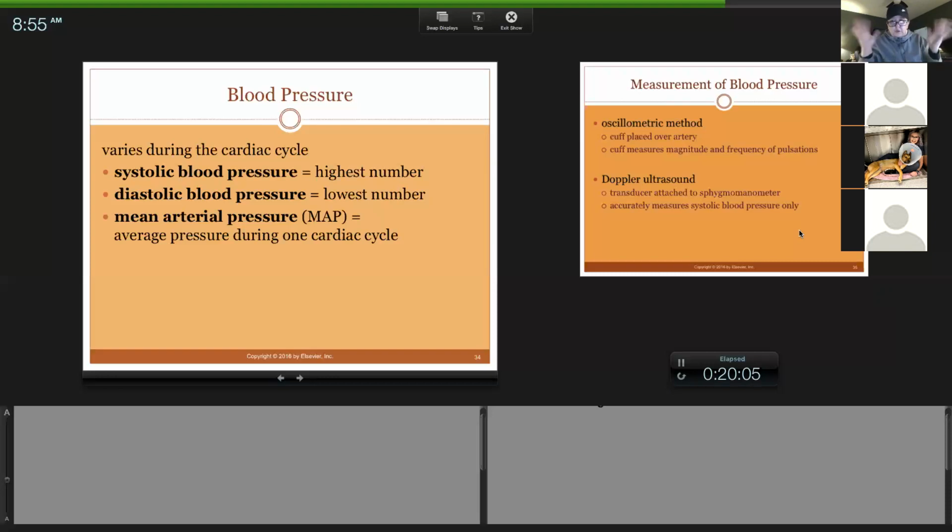So the body goes, you know what? I'm sorry, kidney. I'm sorry, liver. I'm sorry, intestine. I don't have enough blood to push to you. I've got to send it to my brain, my heart, and my lungs. And what it does is it stops sending blood to other tissues. Well, the kidney,